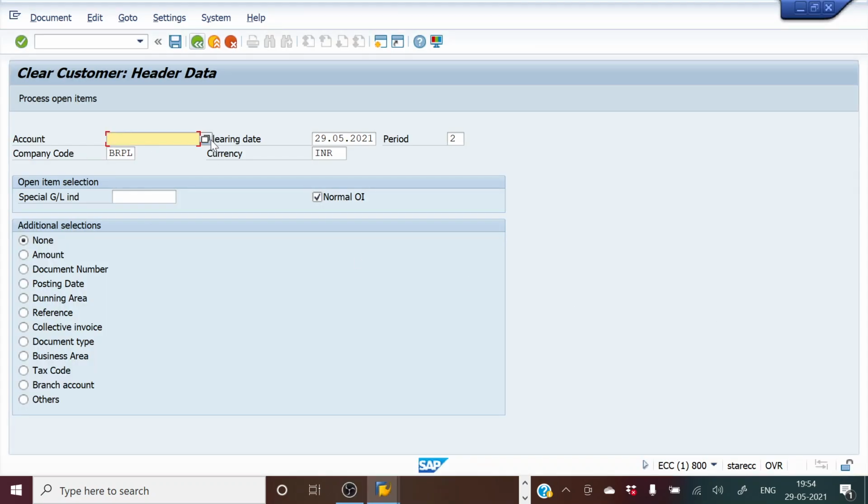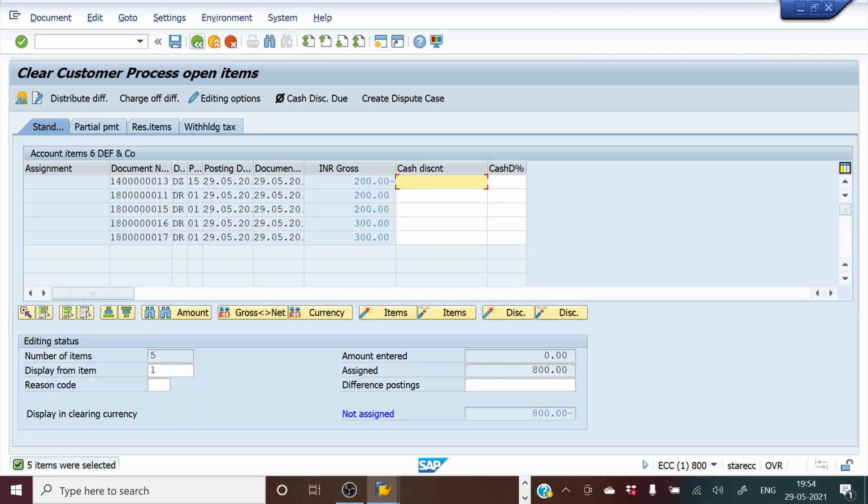I'll first give the account, the vendor account where I'm going to do a clearing, and then this is the 113, this is the payment entry 200, and I'm going to set it off against 11. So I'll again deselect everything. Everything becomes 0, and now I'm going to select this, and set it off against 11.